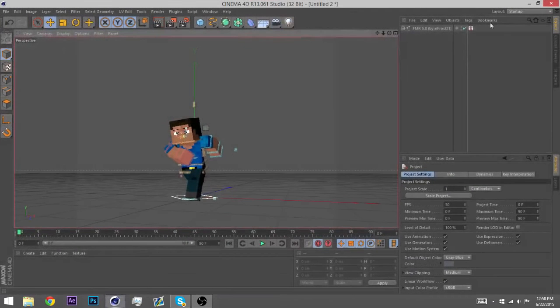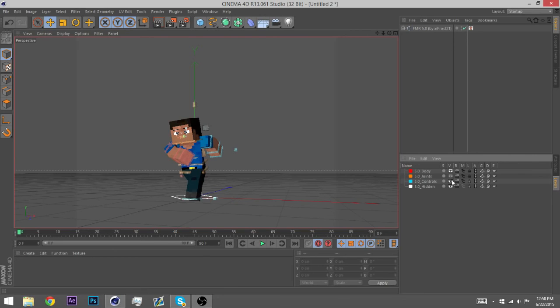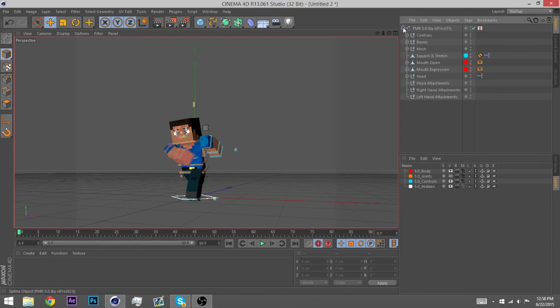When you start up Cinema 4D, there should be another option under attributes that says layers. And if you click it, it should have these four little things right here. Now, what you're going to do is uncheck these 2 locks by clicking them. And now we can click on these freely, and we can mess with the characters like files and how the